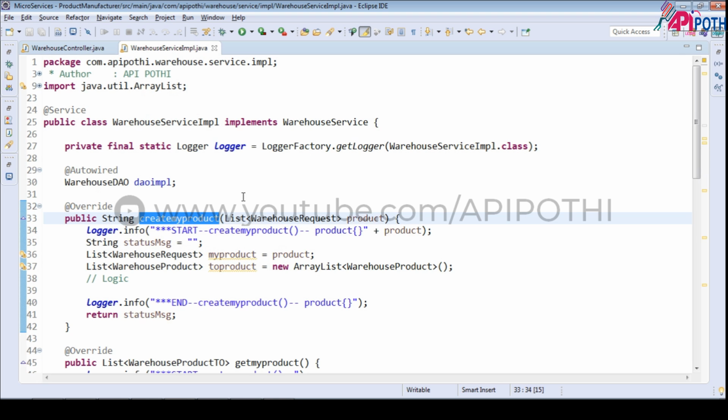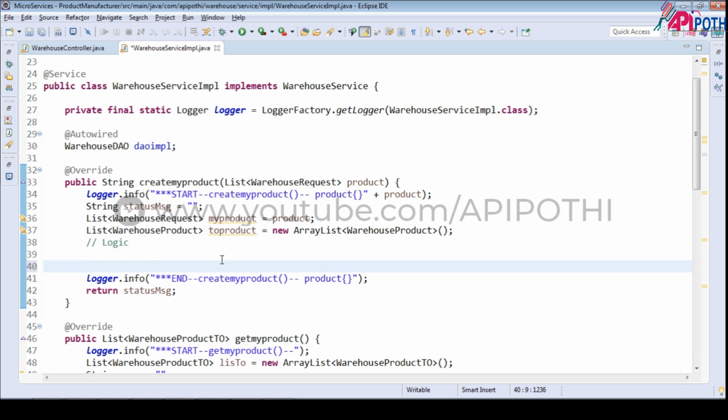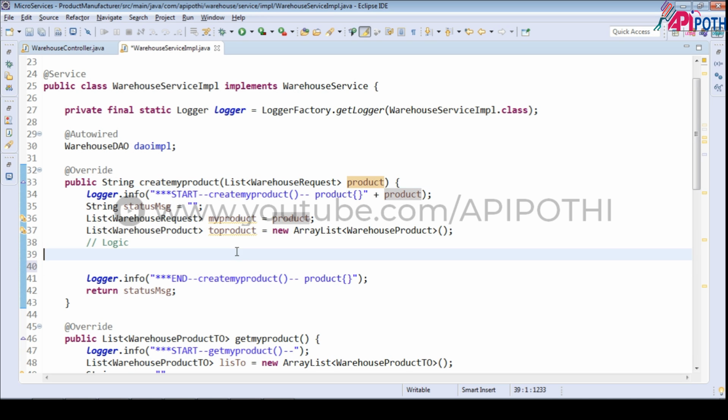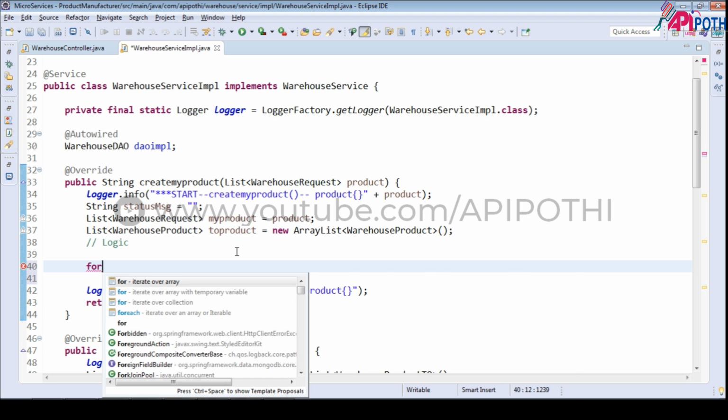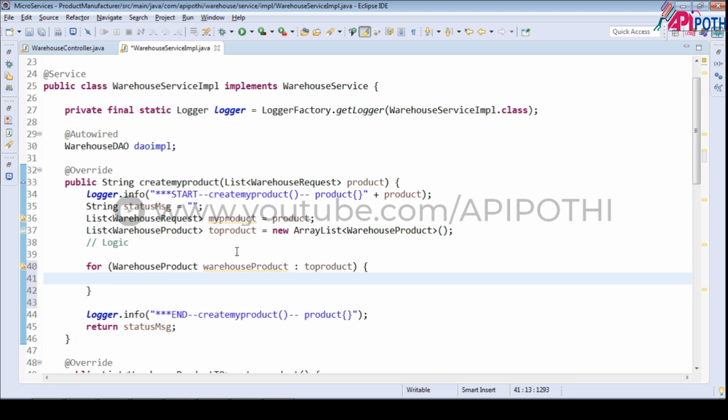Now coming directly into the services. Inside the services we have also some set of templates created, so we are going to use the same template just to save the time. Okay, so now we got the list of products. Here we are going to iterate the list using a for each loop. First we are going to pass the product, and here we have a reference of my